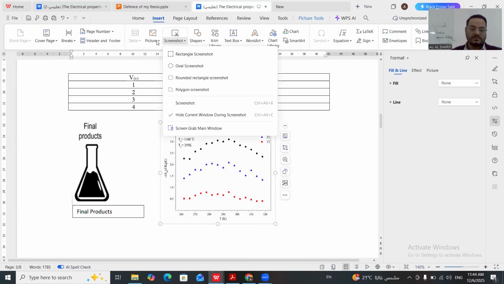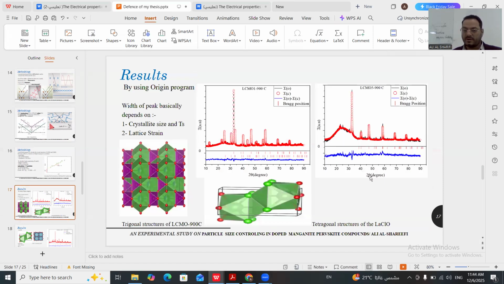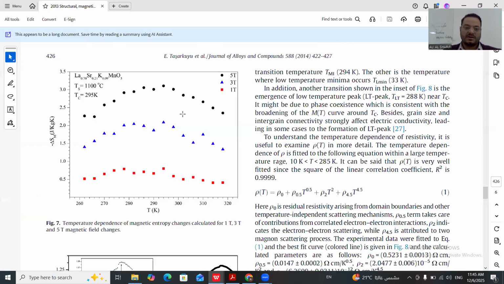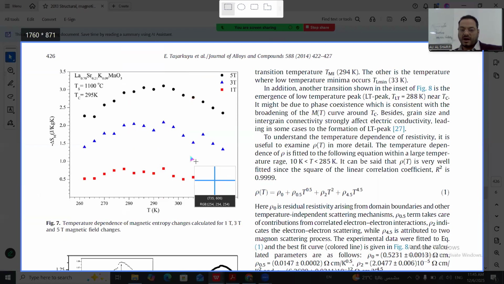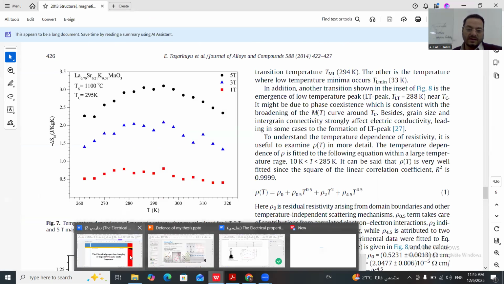For example, here I have this PowerPoint. I need to cut one of these slides to put it in my thesis. How can I do that? Actually, if I push hide current window, that means this page will disappear to show my desktop screen, or whatever I have, some article or another window. When I want to take something like